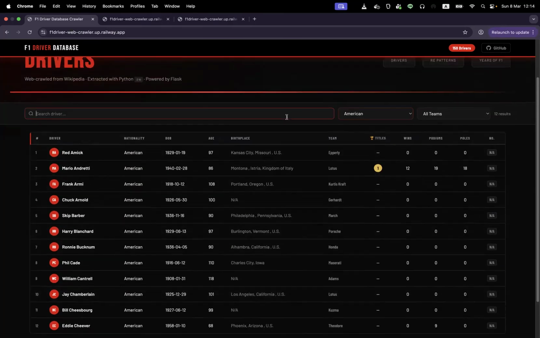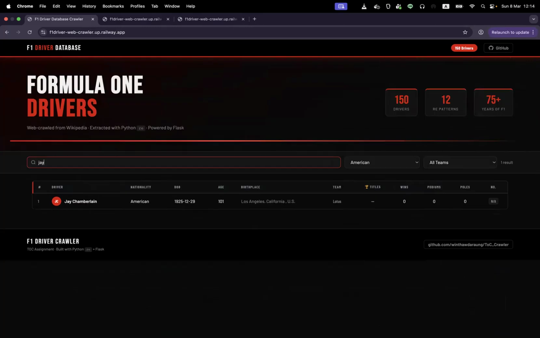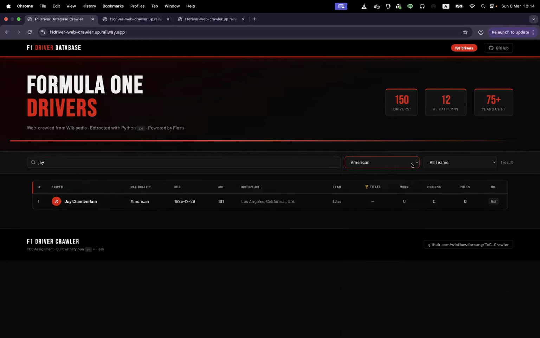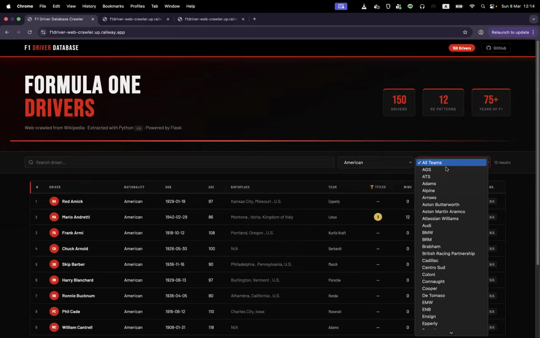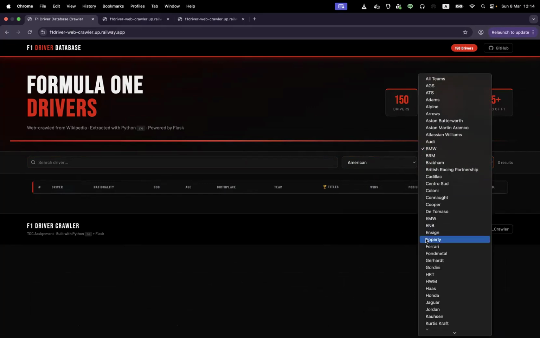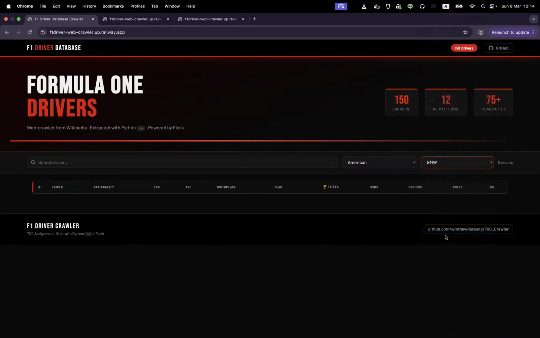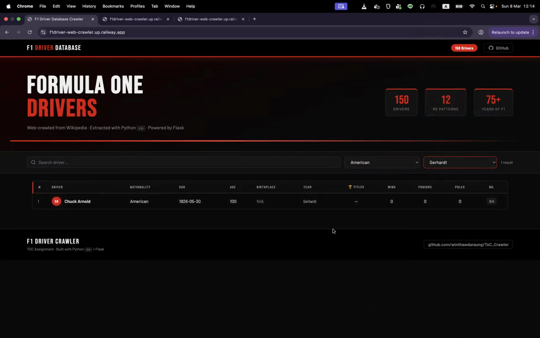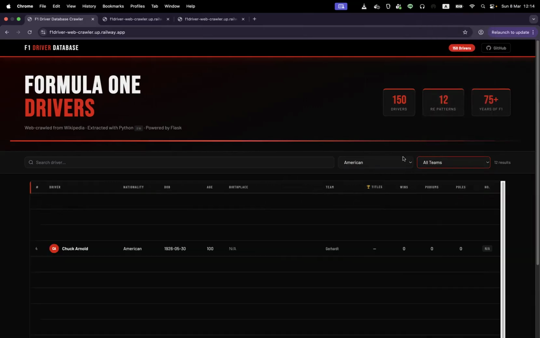And if you want a driver called J, who's from American nationality, you can have it like this. And for teams, if we want an American driver who races for the BMW team, we don't have any driver racing for that. Let's try some other. Oh yeah, we have an American nationality driver who races for this team. And if we clear out